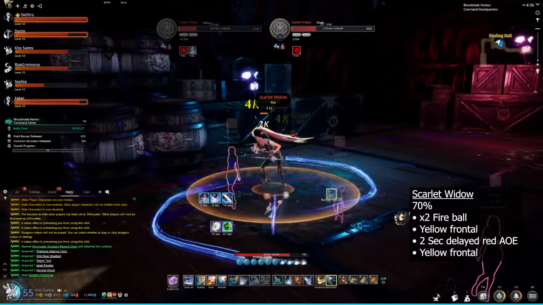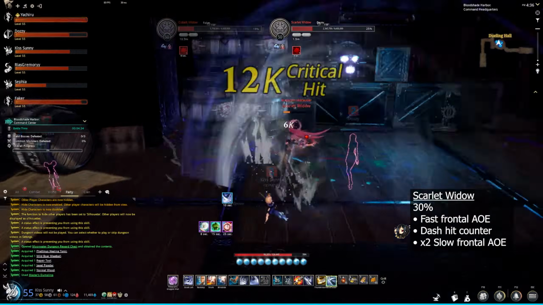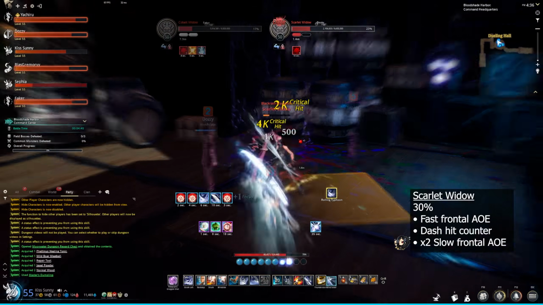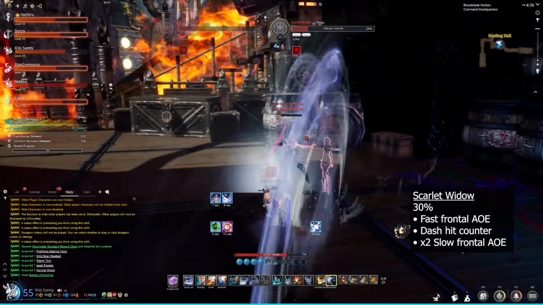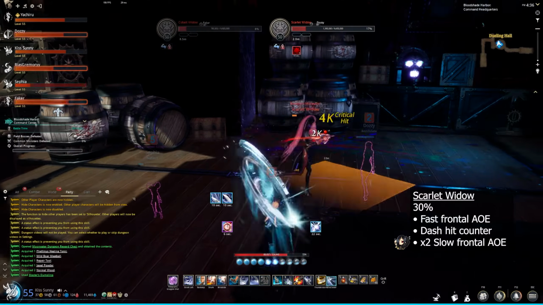Here she changed stance because we reached the 30% mark. Fast frontal AoE, dashes, hit the tank once, and then with a counter, 2 slow frontal AoE, fast frontal AoE, dash, hit the tank once, counter, 2 slow AoE,